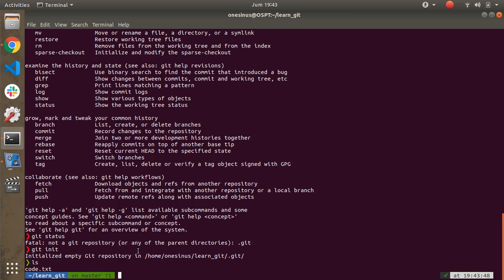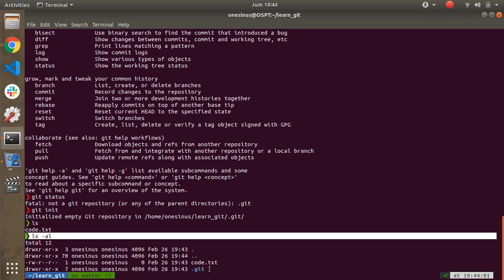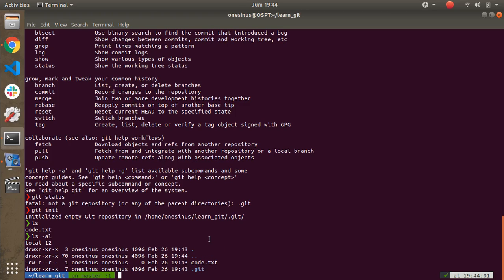But if we run ls -al, we will see .git because the folder .git is hidden by default. We don't need to know more about the .git folder. That folder will be used by Git to manage our code.